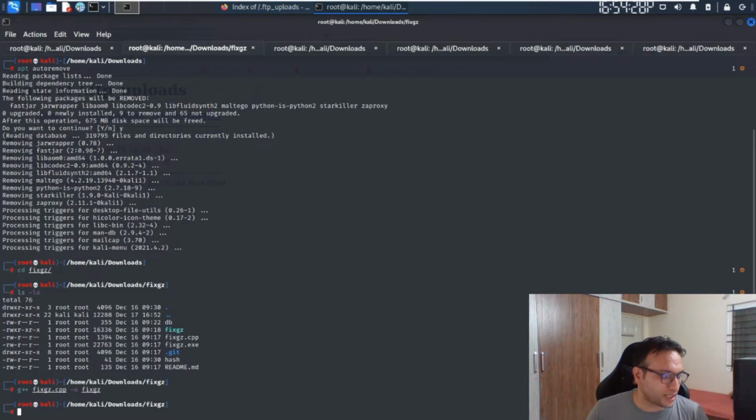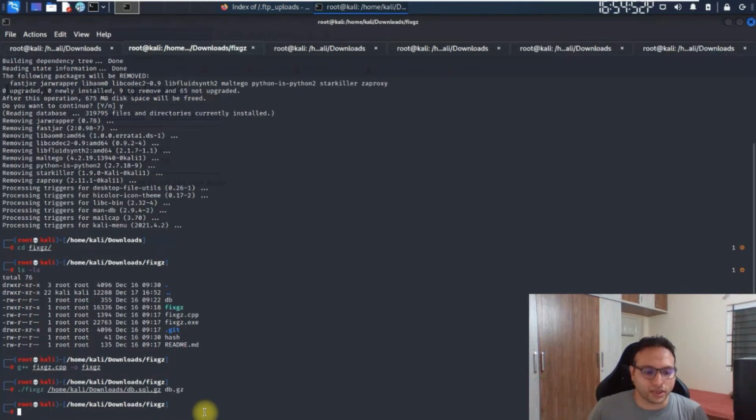Now using this same file, we try to retrieve the content out of it. This is the stuff which I just want to get recovered. So this is the file which I have created over here after compiling the C++ code, and this is the file path where exactly the file is present which we have downloaded from the portal, and this is the output name which we have to give it. Okay, now it's done with that.